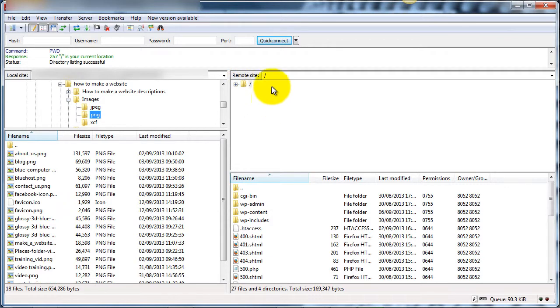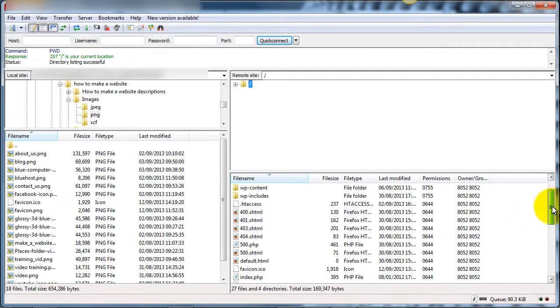Over here is the remote site. This is your public_HTML. When you click that plus arrow, you'll see it shows your admin, your content, and your WordPress includes. This is everything to do with your WordPress website. But you don't have to worry anything about that. And these are the files that are in the public_HTML. And as you scroll down here,